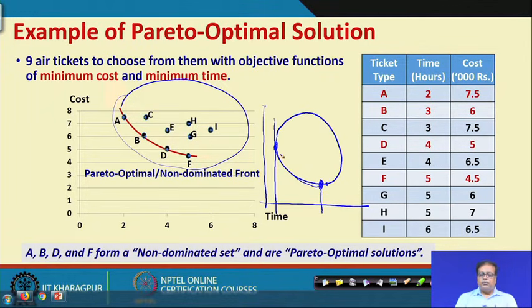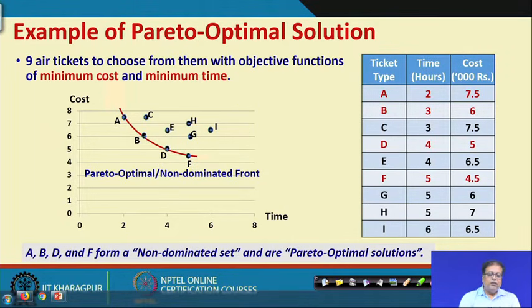Anyway, it will not be possible to do this through geometry, particularly where only two objective functions are there, but there could be multiple objective functions instead of simple time and cost. Here it is only time and cost, but suppose a third dimension, then it will be a 3-dimensional figure, or there could be 4th, 5th dimensions, etc. So, we have to have methods which can be called non-dominated sorting. So, what is non-dominated sorting? We shall see a little later.